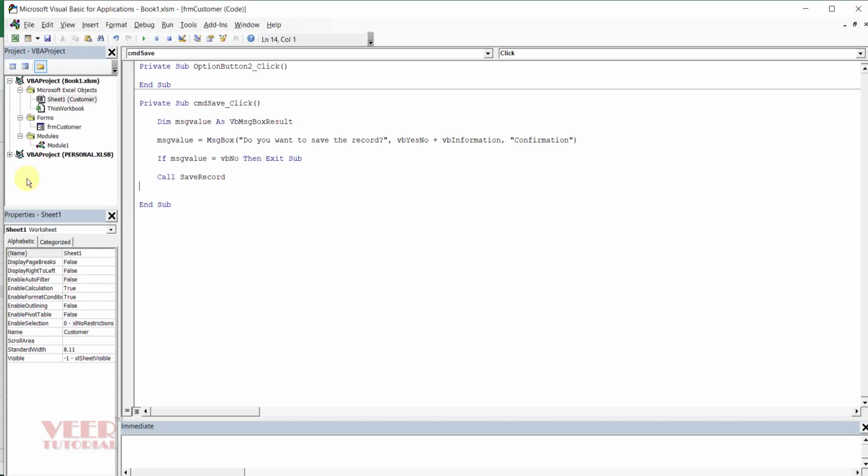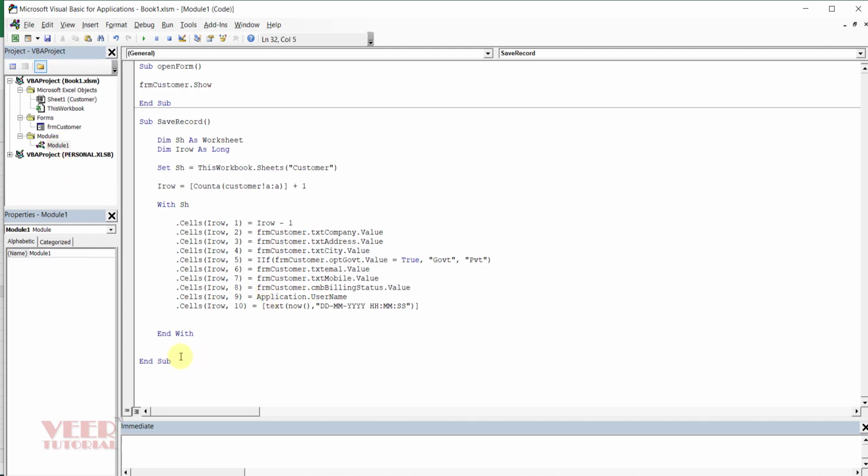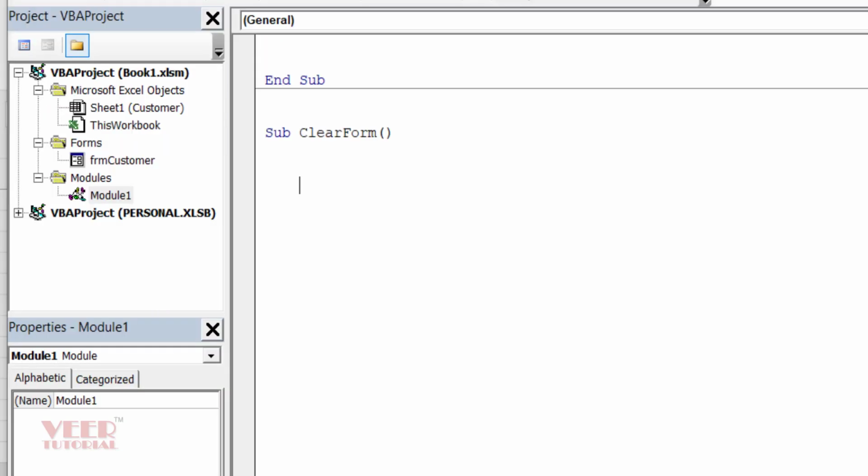Now we will open Visual Basic and come to the module tab and come to the end and type Sub ClearForm, press enter, customer form.